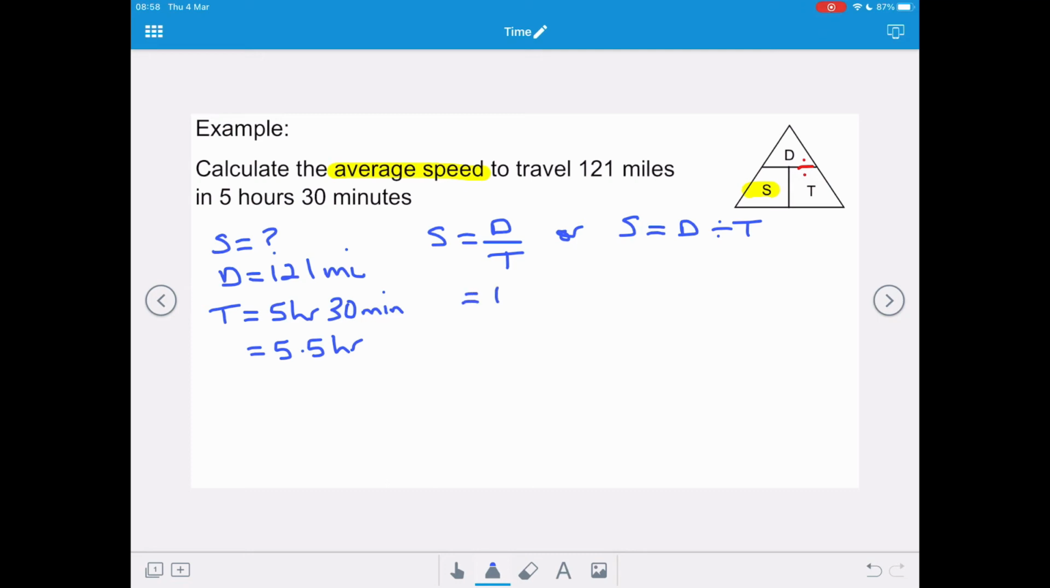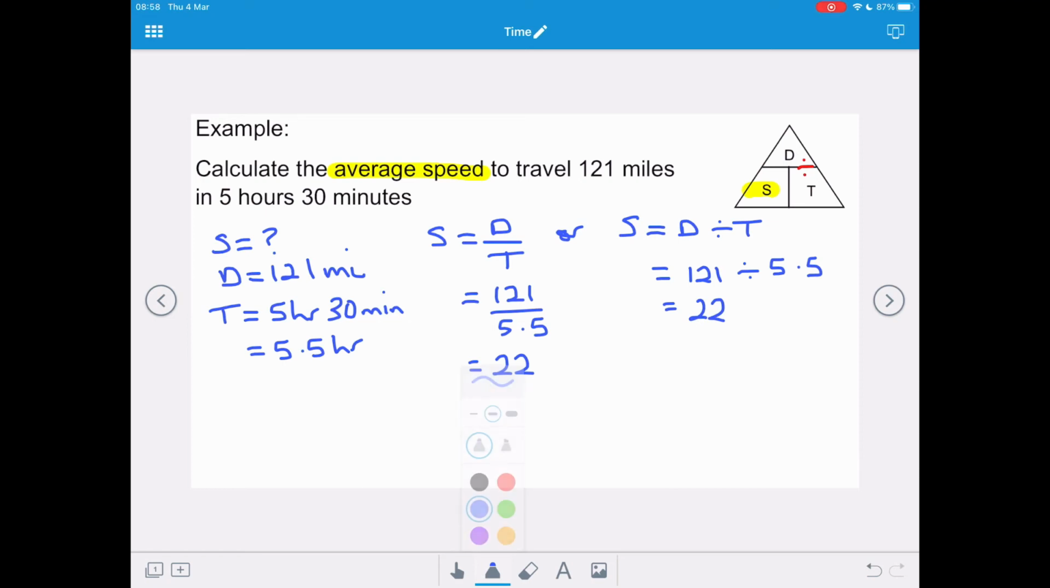Now, once we've got these in the correct format, we can substitute them in, and we've got 121 over 5.5, or in the second version, 121 divided by 5.5. And this is going to equal, when we put it into our calculator, 22,